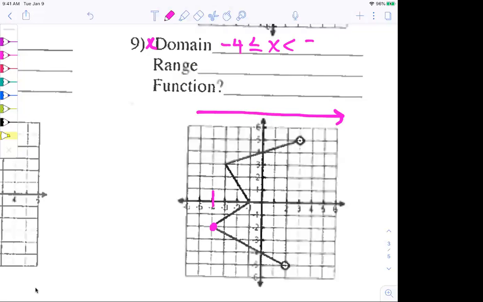And why did you just say less than 3? Because the point is open on 3, meaning that it actually cannot be equal to 3. Nice job. Great explanation too. So it starts at the furthest point. This kind of looks like, I don't know, a crazy looking E. I guess maybe if you were just learning how to write an E, you might write it like this when you were 2. But it starts at the -4 value. That part is the furthest point to the left. And then the furthest point on the right is at 3, but it's an open circle, so we can't include that.